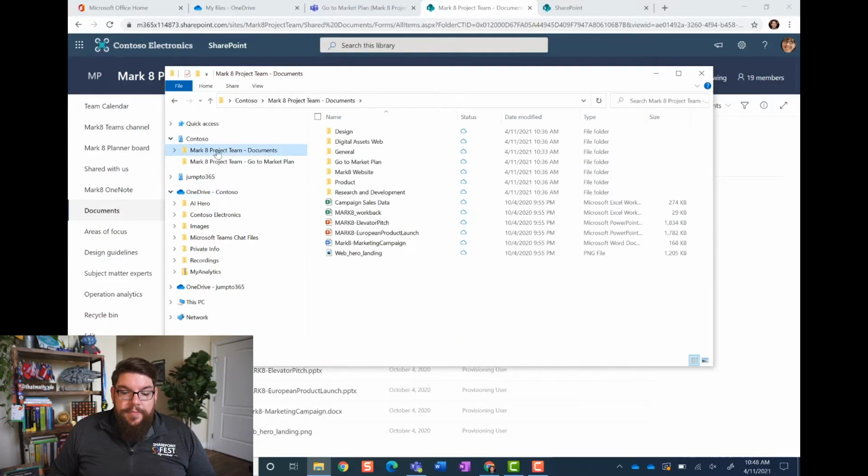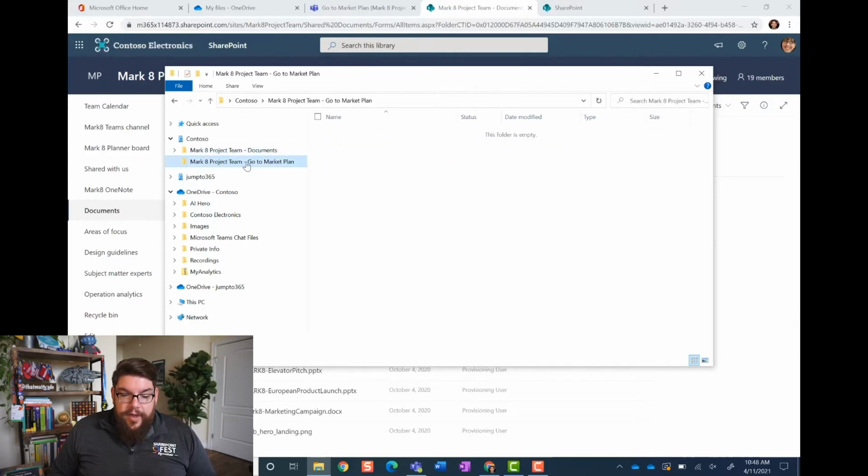And you'll see that I have the Mark 8 project team documents. I also have an older folder from before when I was testing, which is that folder or one channel in it. And there's nothing in here now because the connection is now broken, but note that both of these exist. They can exist at the same time, and it can actually be very annoying to have team, all documents, team, channel, when this channel actually lives in this document section anyway,